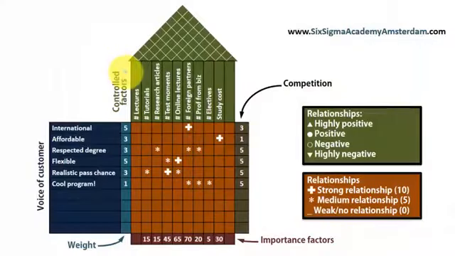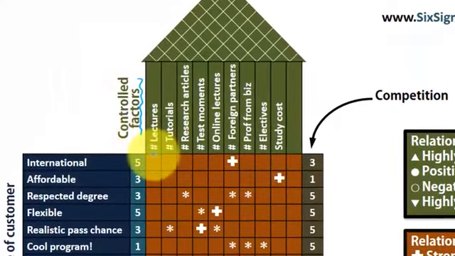On top, we see the factors that we control. Now, what do we control? We control, for instance, the number of lectures, the number of tutorials, the number of research articles that our professors publish per year, or the approximation of that, the number of test moments, so how often can you do an exam, the number of online lectures, so the lectures that are available online on top of being also available physical,